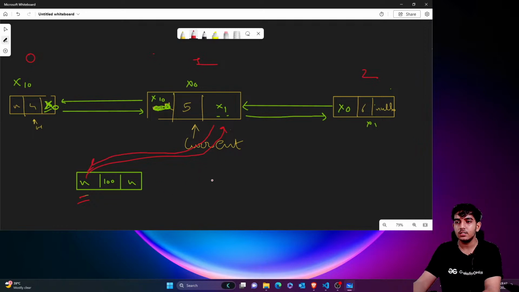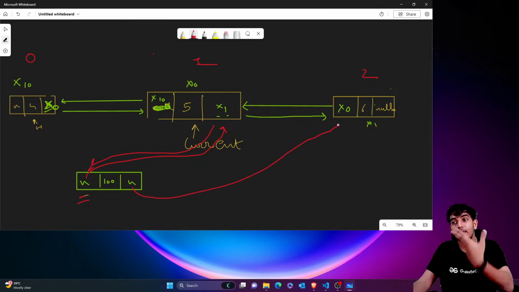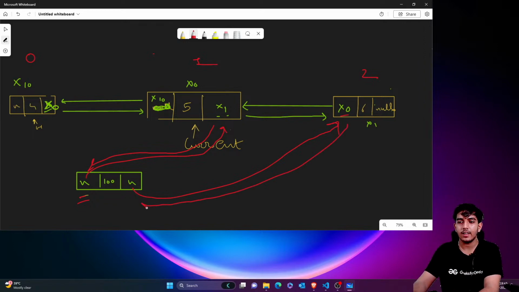Okay. Similarly, you will just say new node's next will be actually pointing to current node's next previous, that is this. Current node's next is what? This 6. Okay, this 6 one, and its previous is what? This x0. So now this will be pointing to here, and again I'll just say current node's next previous is now pointing to new node's next. Okay, this will be the case, and at the end,